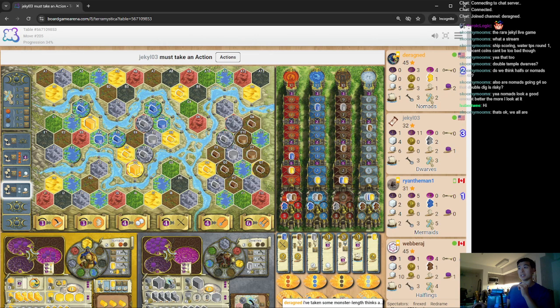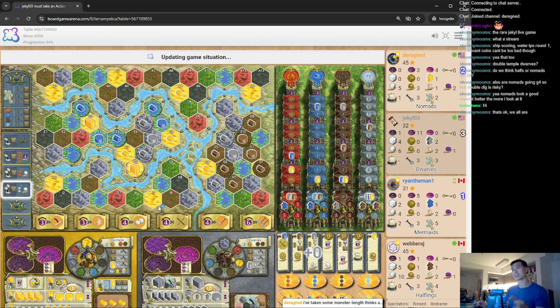Ryan's gonna build D2 next. There's no way that he lets me sandblast that, and I think that I would, because I didn't get onto I7, so I need somewhere to sandblast. It might as well be that spot. Oh, okay. Dwarves are getting the coins action, so